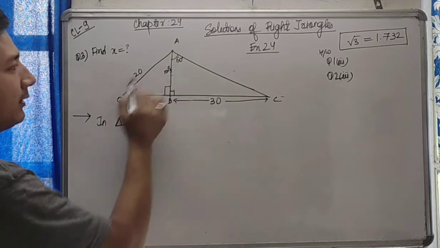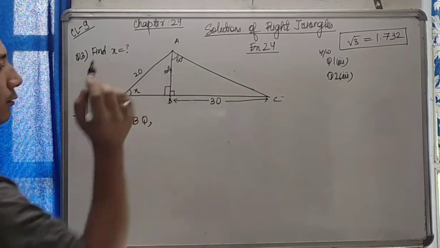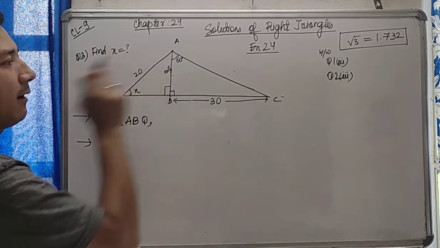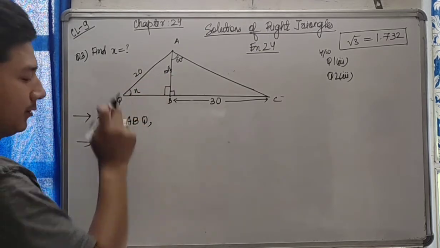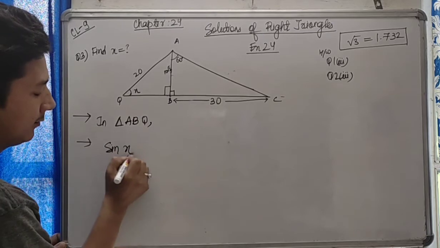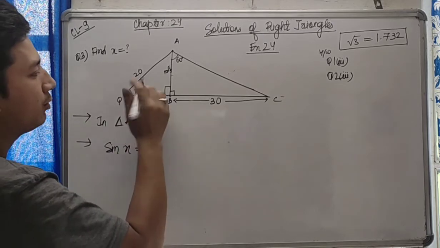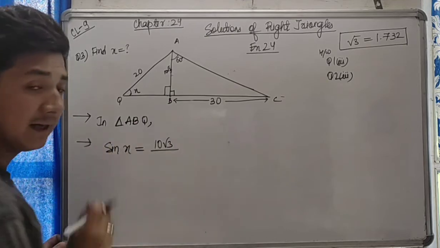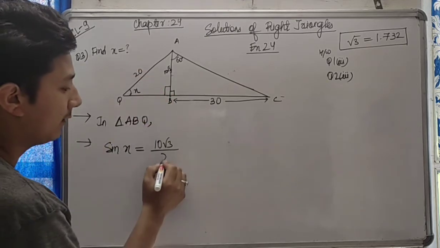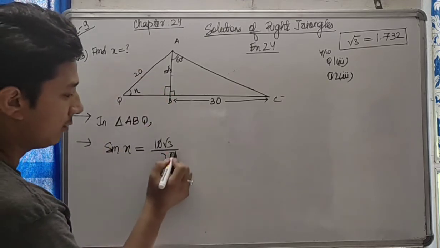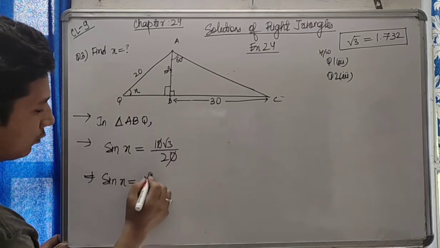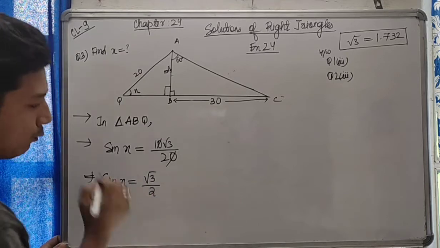So in this right angle triangle ABQ, I can use some people have, sine x people have. So people means opposite of x, 10 root 3, which we have just calculated, and have means 20. Okay, so the zeros get cancelled out. So therefore I get sine x is equal to root 3 by 2. I hope you know this.